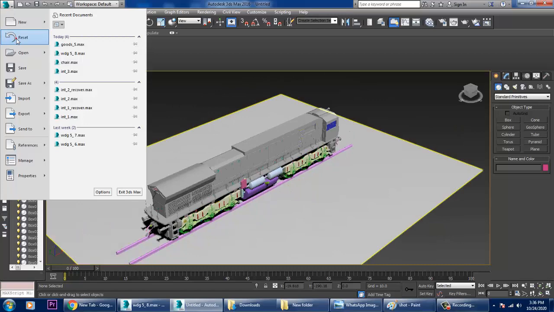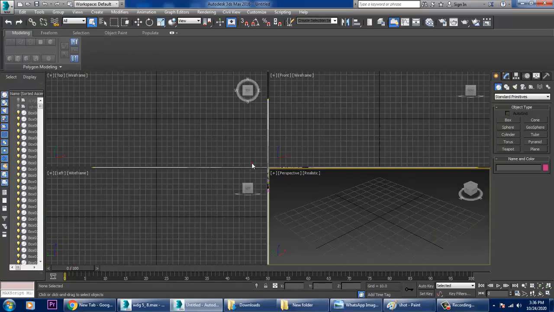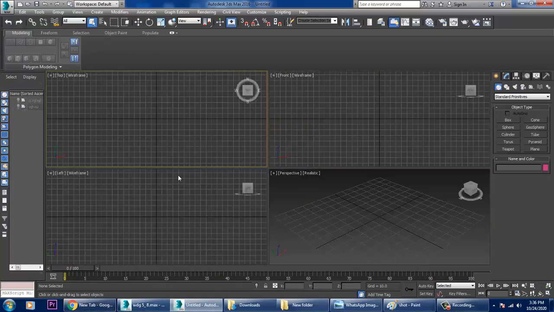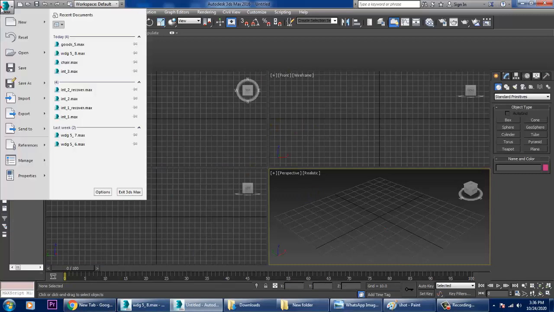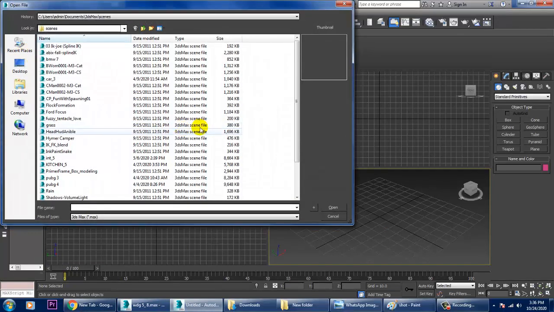I'll just reset this file. I have one more file. We can go with that file also. So you can easily do that stuff. Not a problem. I'll go back.